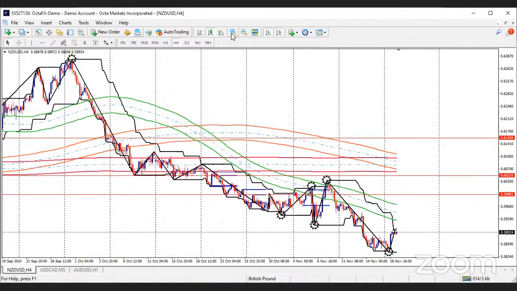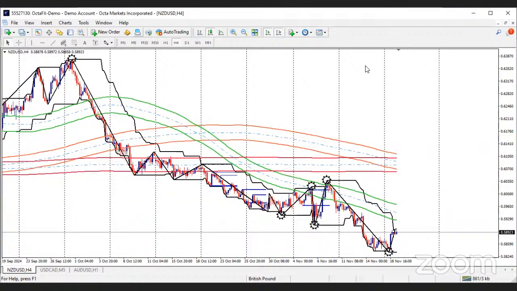So starting off from NZD-USD, I'm going to be looking at commodity currency pairs. Today's analysis is going to be focused on NZD-USD, AUD-USD, and USD CAD, and we're going to call it a wrap. Okay, so what do we see on this particular time frame? I'm just going to go ahead and delete all of last week's horizontal lines that we had marked out,